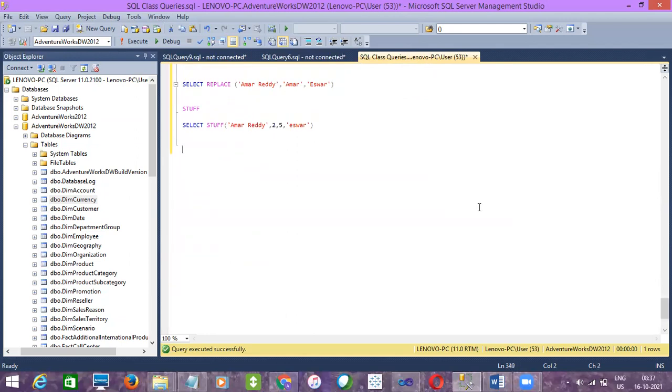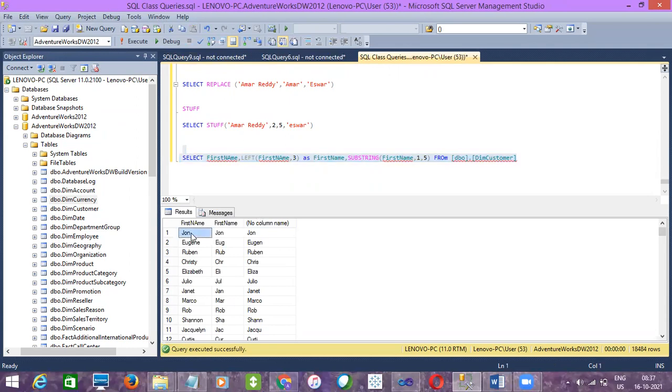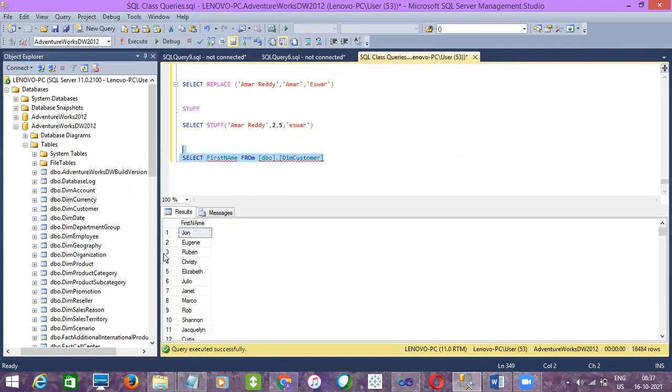So if you take an example of, let's say, dim customer, this is the value, right? First name. So forget about this too. We are doing some other operations here, substring, right? So let me remove it here. So let's say this is the first name from this table. So we have the naming conventions. Here, if you don't want this first character and second character and then third character, whatever it is in the name, so if you want to replace it with some other value, right? But here it doesn't make sense anywhere. Just assume that may be product or any other thing.